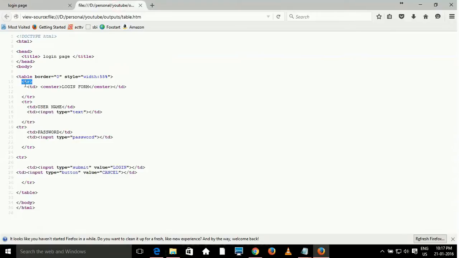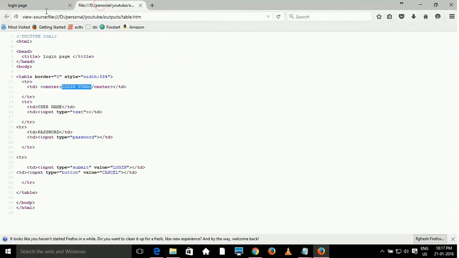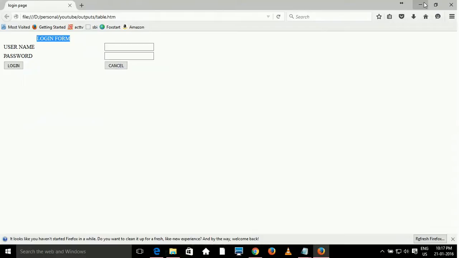For the first row I simply define the td. This td is nothing but table data, which holds the text. If you observe carefully, this is the first row. It simply holds the login form, right? This is the simple information we covered in yesterday's class, and in today's class we will see a good and simple review on